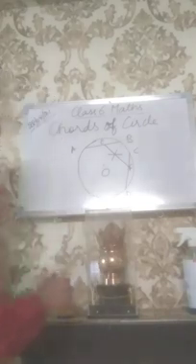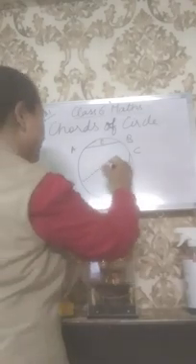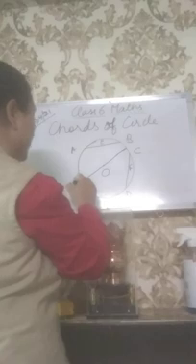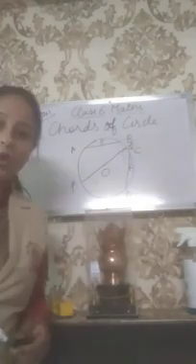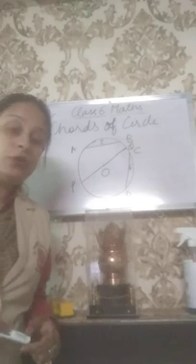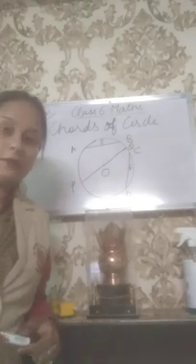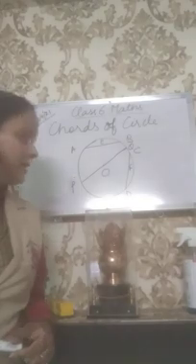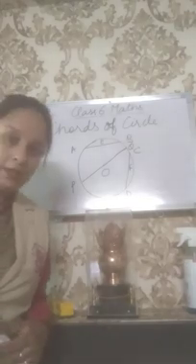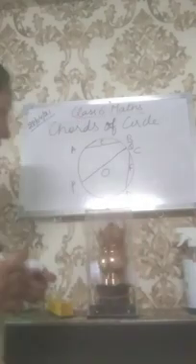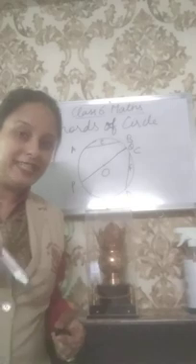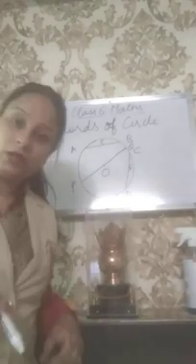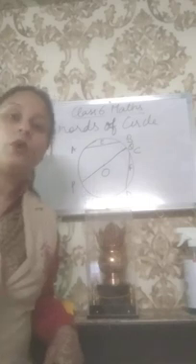Understand? So, let me give you one more example here to clarify the concept of the chord better. Is PQ a chord? What do we need when we say we have a chord? It should touch the boundary of the circle in 2 points. So, is it touching in 2 points? Yes, it is touching in P and Q. So, is it a chord? Yes, it is a chord. What else can you say about PQ? Can you say it is the diameter of the circle? Yes. So, PQ is both the diameter as well as the chord of the circle.